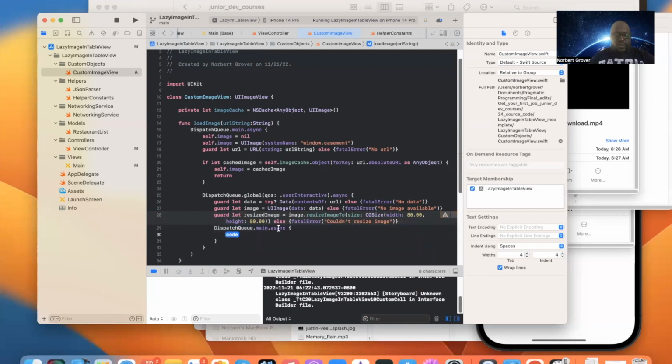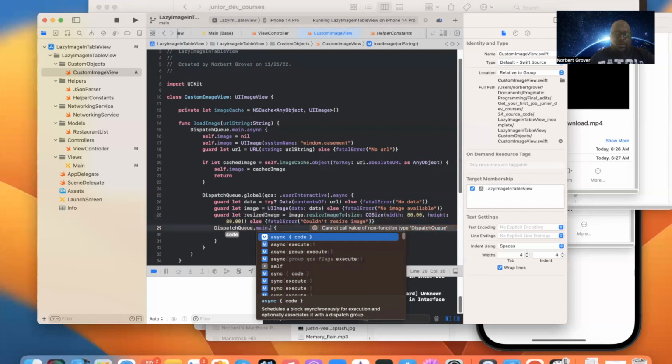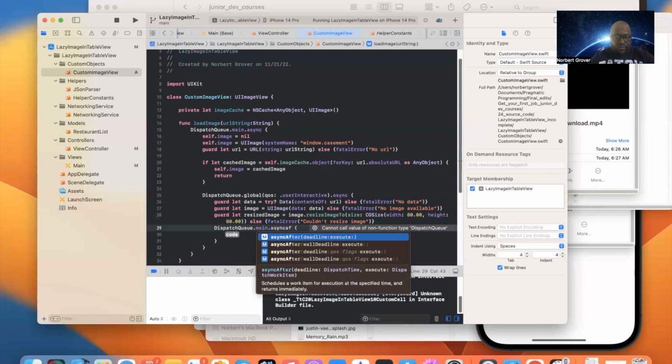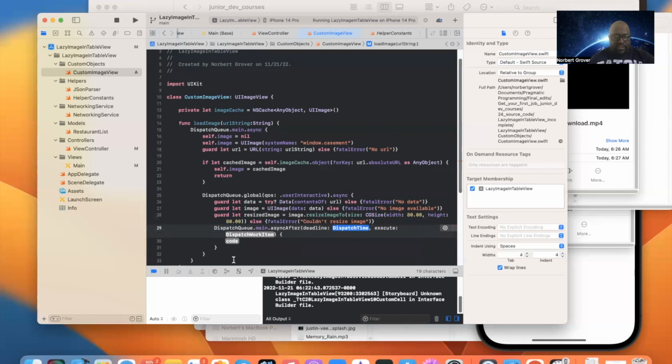And of course, for the sake of illustration purposes, I want to say asyncAfter, because I want to give like a second or two, right? asyncAfter deadline executes, and this should say .now() plus 2 seconds, okay? And the work item,